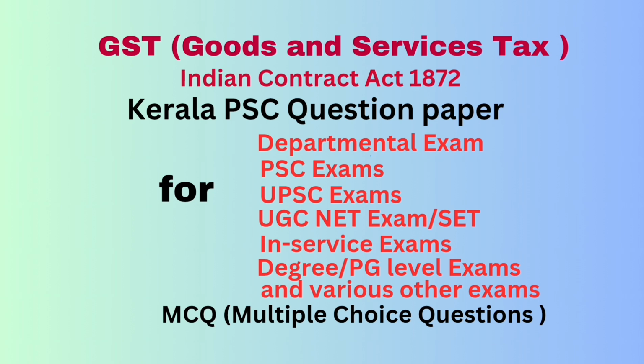I repeat question number 44. Which is not an offence under the Central GST Act? Option A. Fraudulently obtain refund of tax. Option B. Issuing an incorrect or false invoice. Option C. Supply of invoice without supply of goods or service. Option D. Going to an appellate authority. Correct answer: option D. Going to an appellate authority.